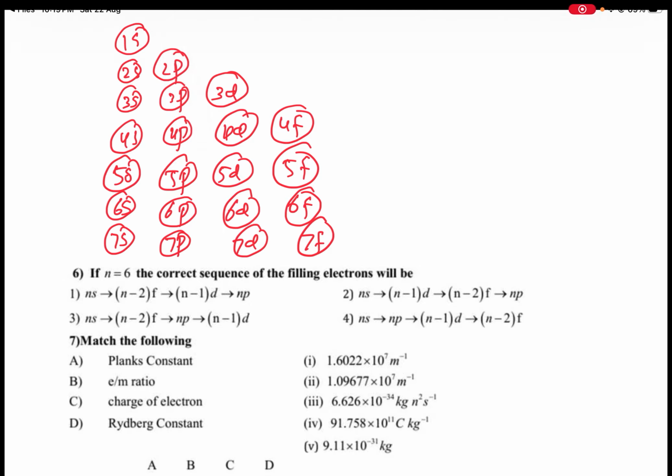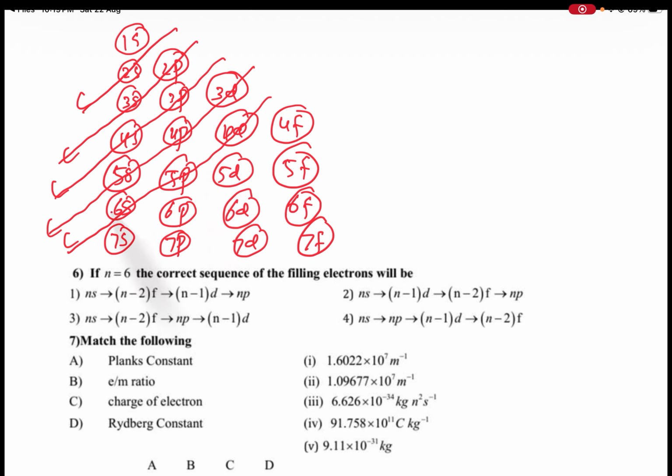Electron first enters into 1s, next 2s, next 2p, 3s, next 3p, 4s, next 3d, 4p, 5s, next 4d, 5p,